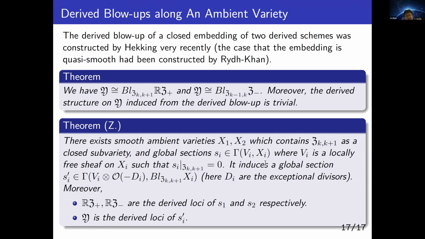And then for the negative part, because of this theorem, we can push forward the structure of Y to the structure of Z minus, and we can show Z minus has rational singularities. So we recover the old result. For the Z plus side, we can also relate the structure sheaf of Y to some complexes on the virtual structure sheaf of Z plus, and we could give this comparison. And after building this geometry, we could do the computations